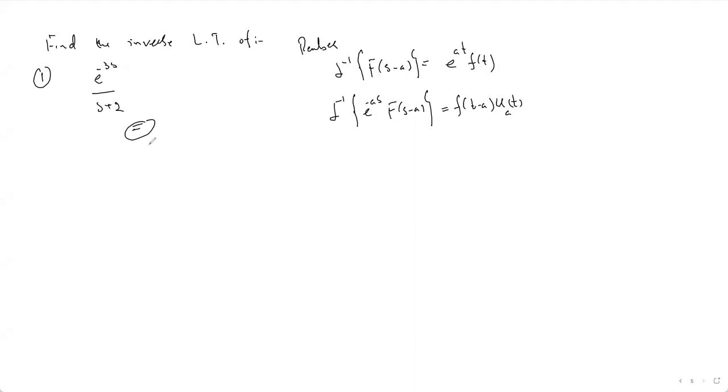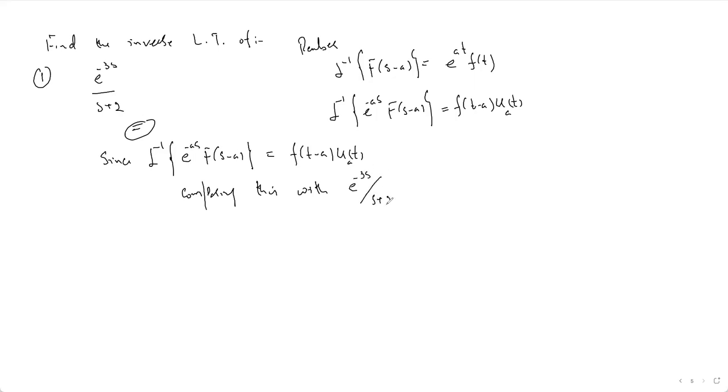Now see, I have this particular function and I have to find its inverse Laplace transform. Since the inverse Laplace transform of e raised to power minus as F of s minus a is given by f of t minus a u a of t, now comparing the given function, e raised to power minus 3s divided by s plus 2, with this form, we have